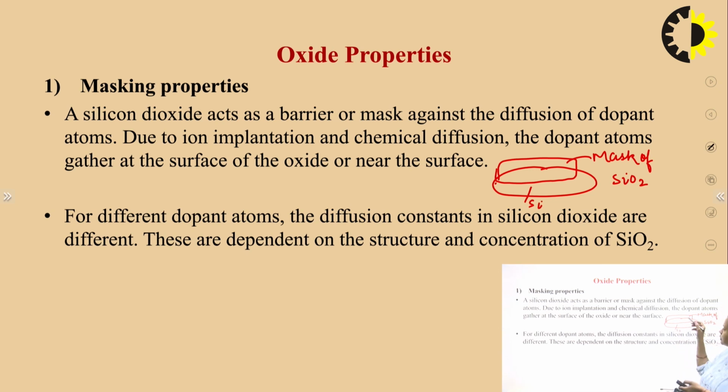When this mask is there, no impurities can get into this Si substrate. There is some area left, and in this area you need to add your dopant, right, and the rest of the area will remain insulated from the impurity. So I think this is clear. If we form this oxide layer, it has a very good advantage, and this advantage is useful in many processes and techniques. That is why we oxidize our substrate, right?